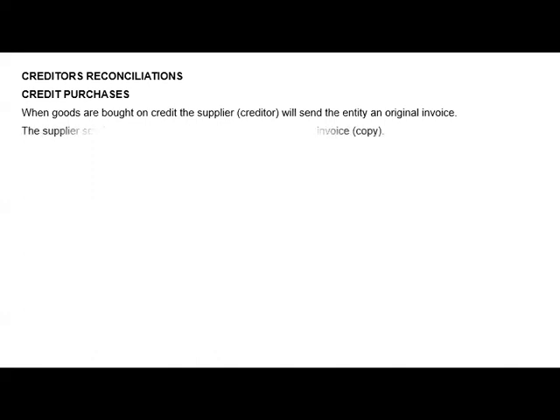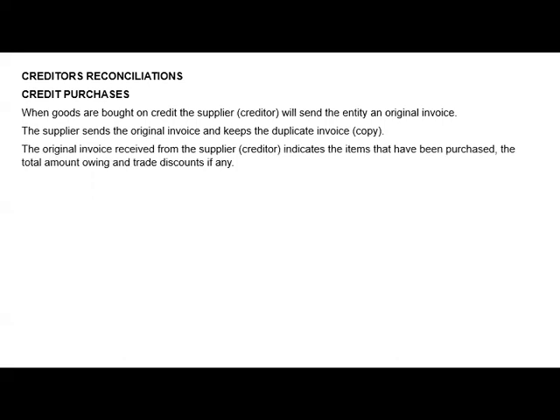Credit purchases. Credit purchases is when goods are bought on credit from the supplier, and the supplier will basically send an invoice to the entity. So when goods are bought on credit, the supplier will send an entity an original invoice. The supplier sends the original invoice and keeps the duplicate invoice, which is just a copy. The original invoice received from the supplier indicates the items that have been purchased and the total amount owing and